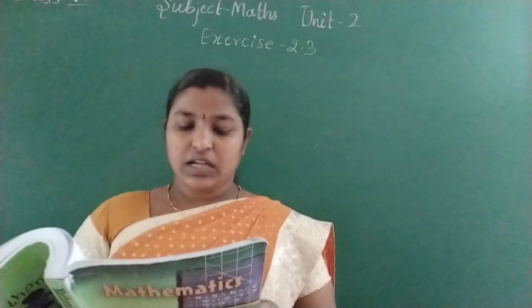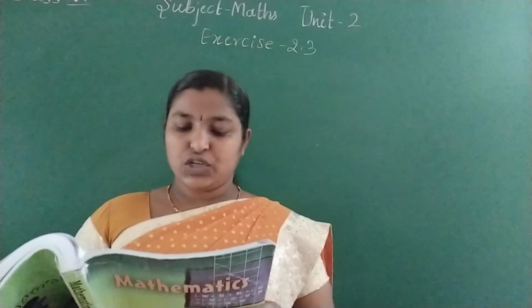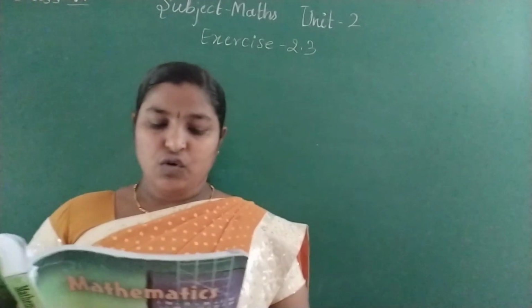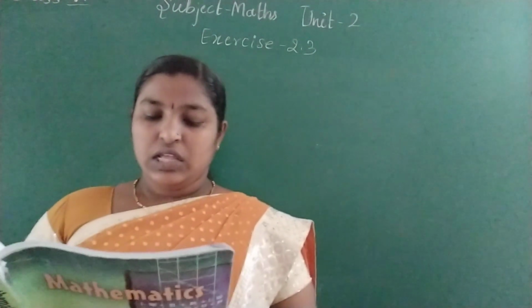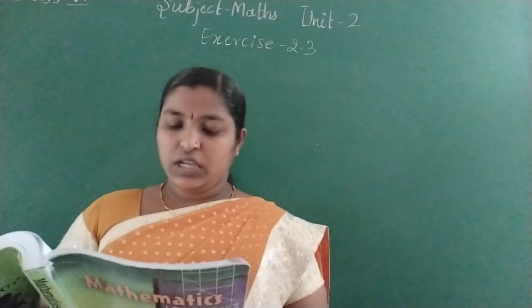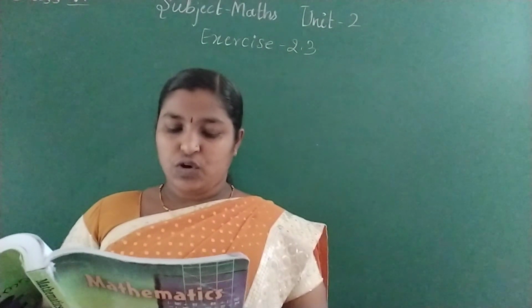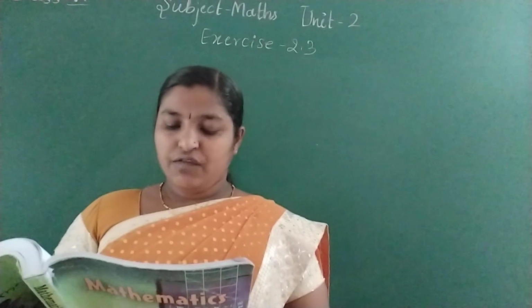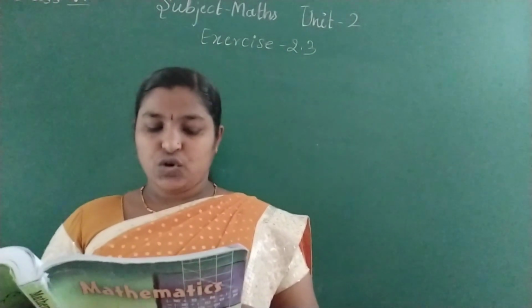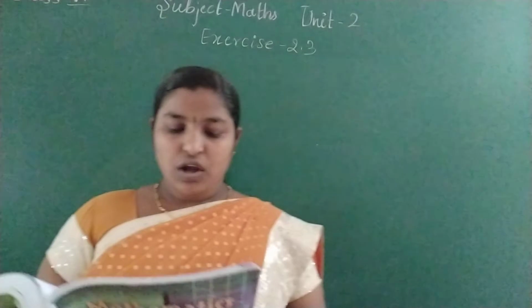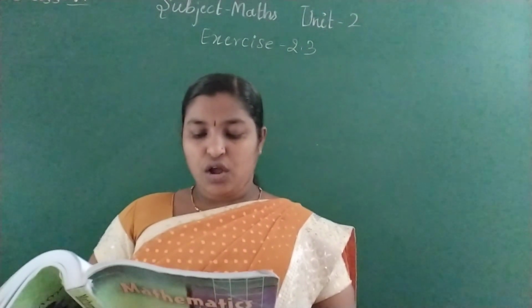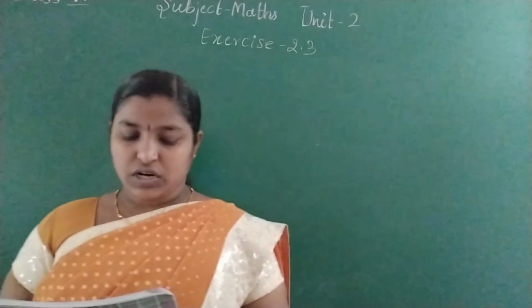If we add the number 0 to the collection of natural numbers, we get the collection of whole numbers. Thus, the numbers 0, 1, 2, 3 form the collection of whole numbers. Every whole number has a successor. Every whole number except 0 has a predecessor. All natural numbers are whole numbers, but all whole numbers are not natural numbers.